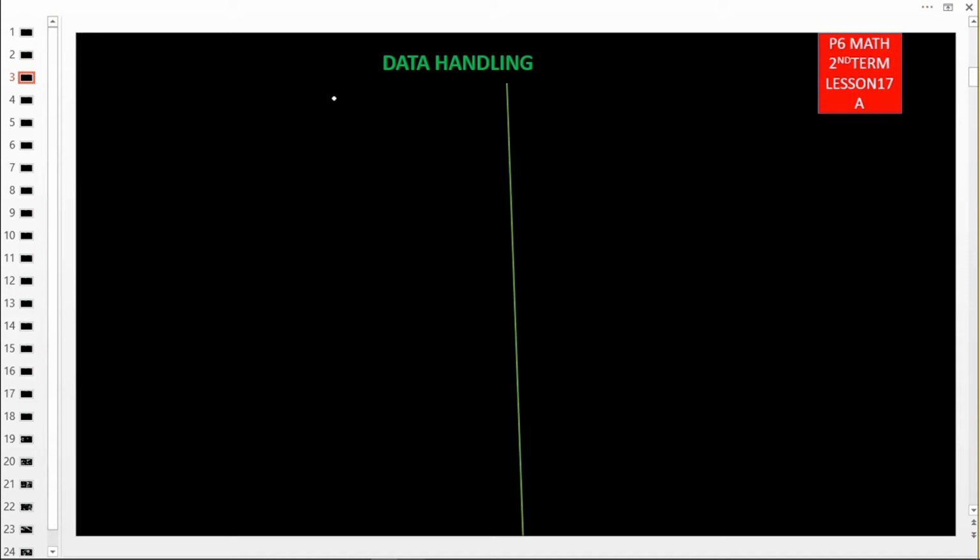Okay, so today we are opening up our new topic. This is data handling, and under data handling we looked at this topic just right from primary 4. This is same as statistics. Then we are going to look at